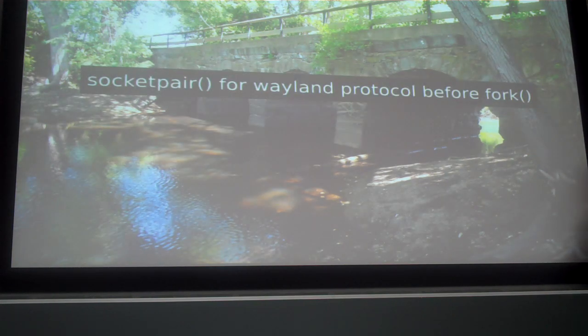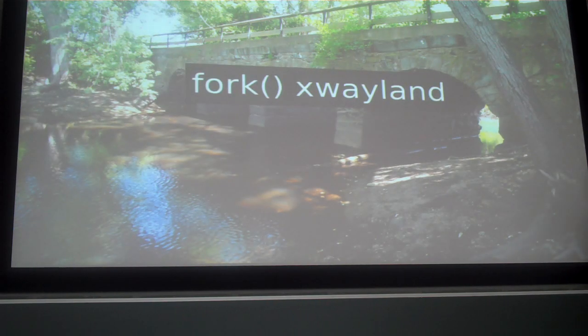Right, so say you found that the socket's readable, you're now going to prepare to fork and run XWayland. Before you do that, we're going to make a socket pair, because we want the XWayland server to actually be a Wayland client of your compositor as well. The Wayland client is going to be able to send you those Wayland surfaces for all of your top level windows. So a socket pair is like a Unix pipe, and we get two file descriptors. When we fork, we're going to give one end to the XWayland server,